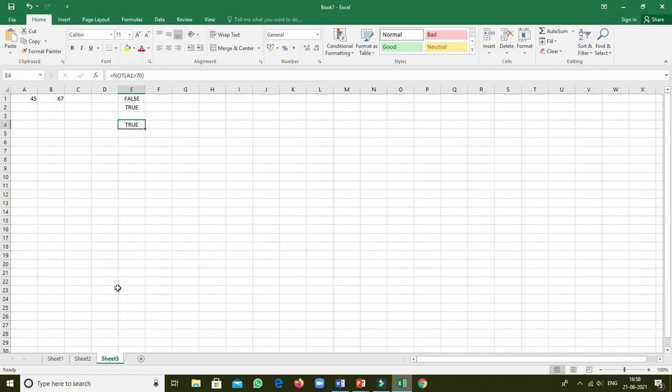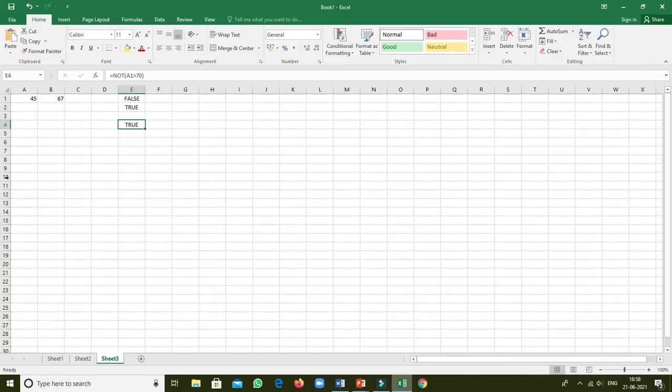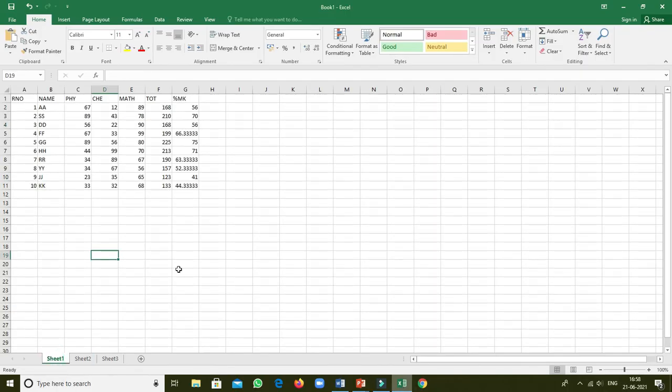Okay, now go for the IF statement, that is your last one. So how to use the IF function? The IF function is one type of function where you have to specify the condition, and depending upon the condition it does the correct path task or goes for the wrong path task. Means condition, then true statement, then the false statement.